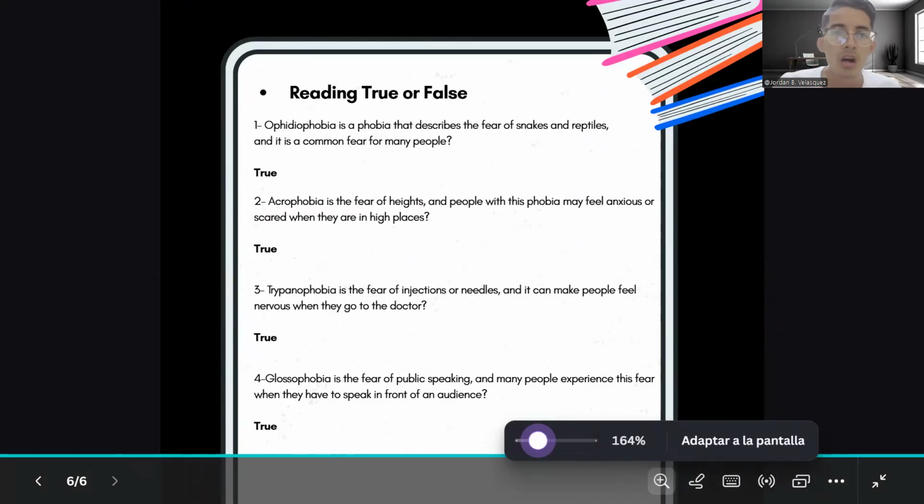1. Ophidiophobia is a phobia that describes the fear of snakes, reptiles, and is a common fear for many people. Yes, it's true. Number 2, agoraphobia is the fear of heights, and people with this phobia may feel anxious or scared when they are in high places. Yes, it's true. Number 3,